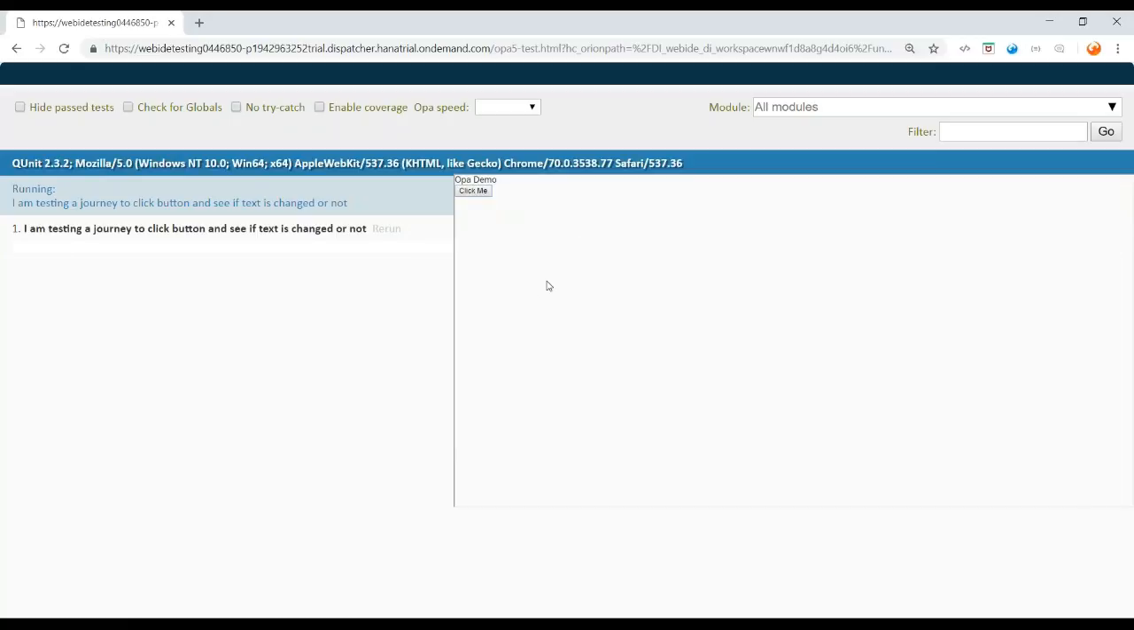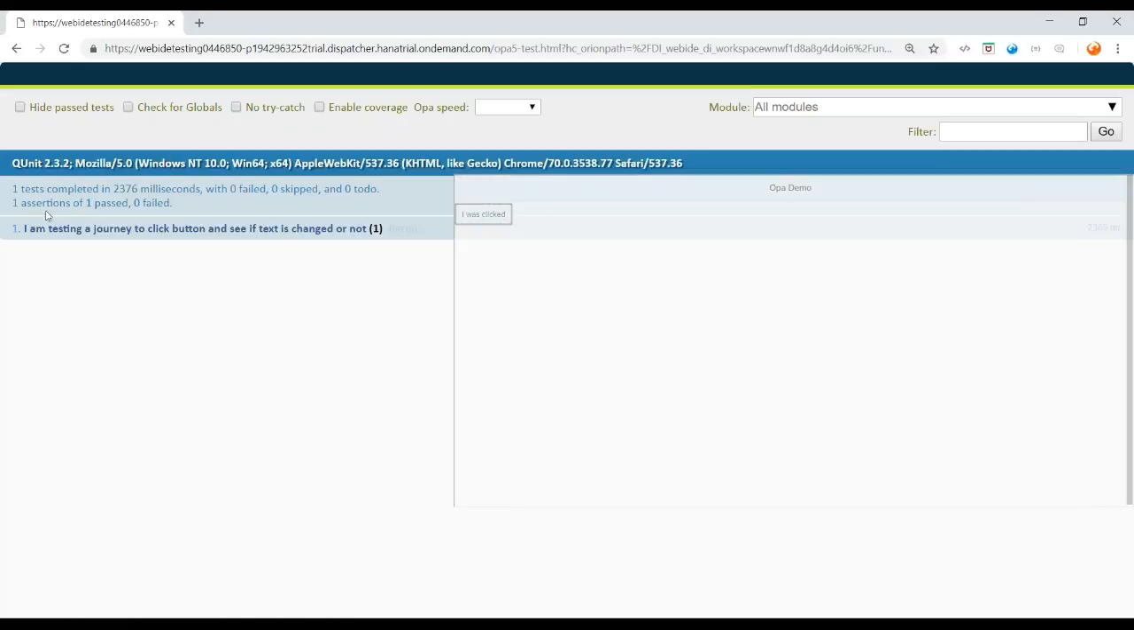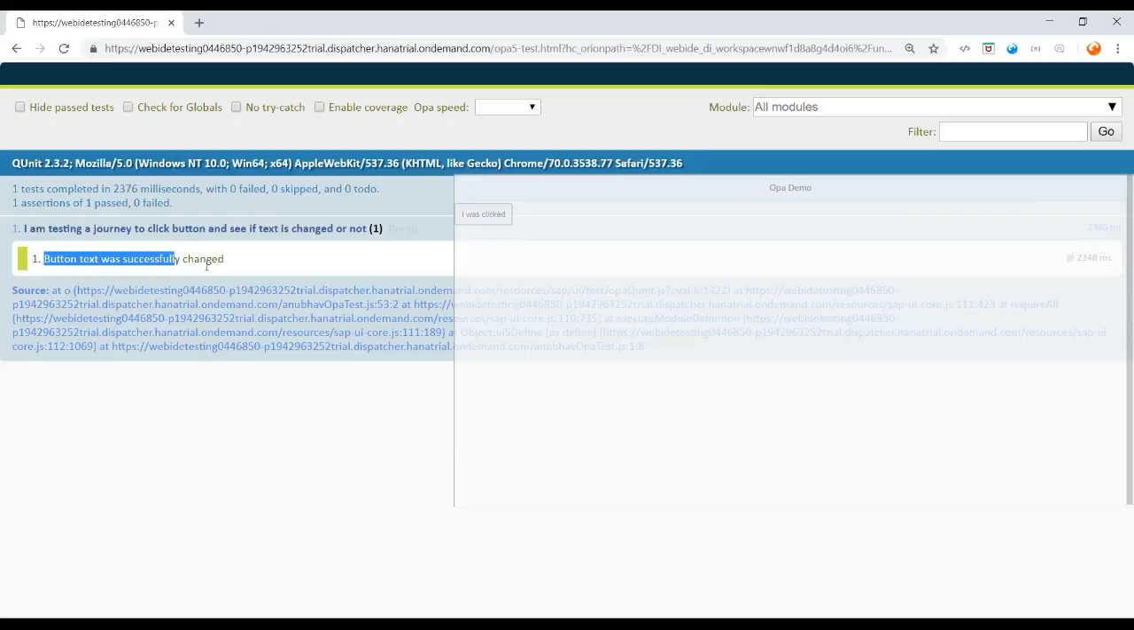So refresh. You can see the iframe is loading. It loaded, it clicked, and voila. Congratulations, guys. Your first journey test with OPA5 is green. So this is what you might have tried achieving many times in your project, and you were all confused